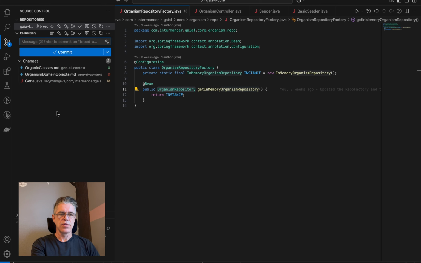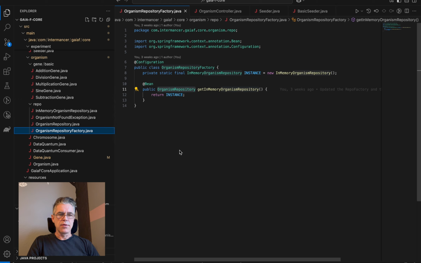Let's see what all changes. Okay. And now I'm going to push these changes up to the repo. Oh, actually, I can wait a little bit, because next,